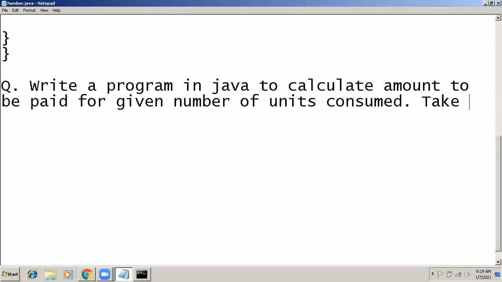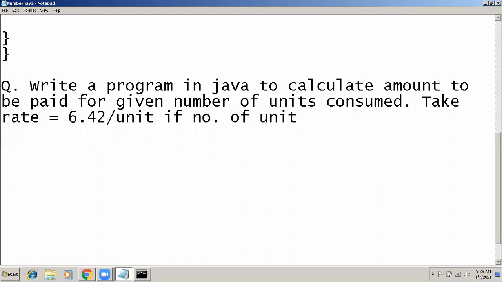Take rate equals to 6.42 per unit if the number of units is less than or equal to 100.